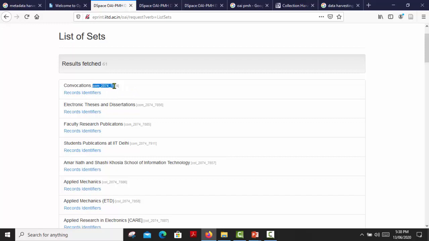This is the collection ID, com_2074_7854. It's very important to us. We are taking this ID into our repository to fetch the data. So now we are going to practically fetch, or harvest, data into our repository.